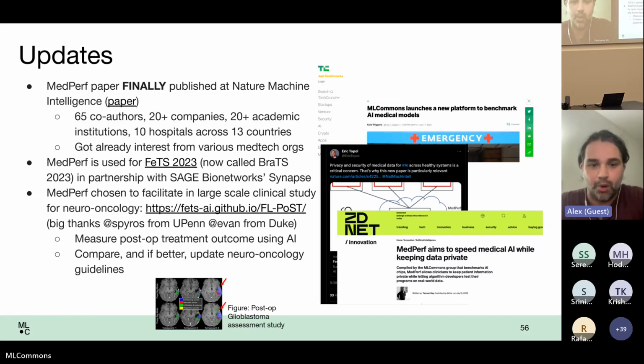We're aiming to deploy MedPerf in 100 hospitals, of course, depending on participation. And we're going to be working closely with partners to support this effort as it's picking up momentum. We'll have more updates at the next community meeting. Next slide, please, David.